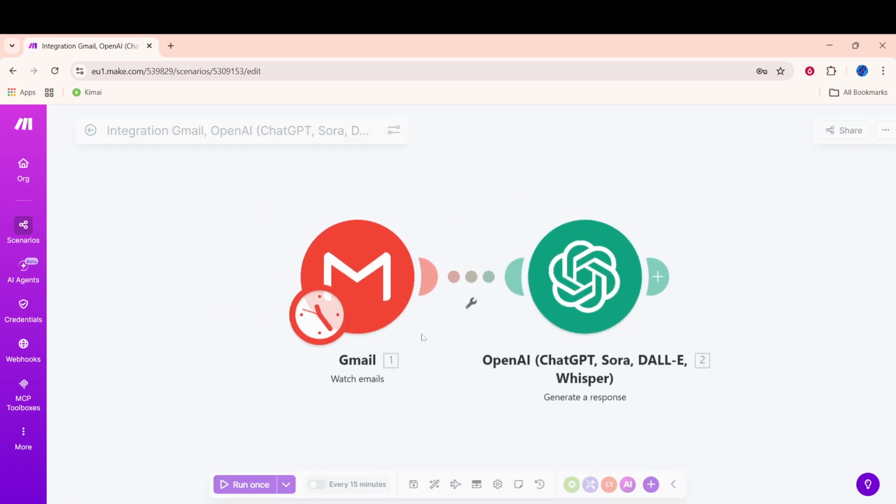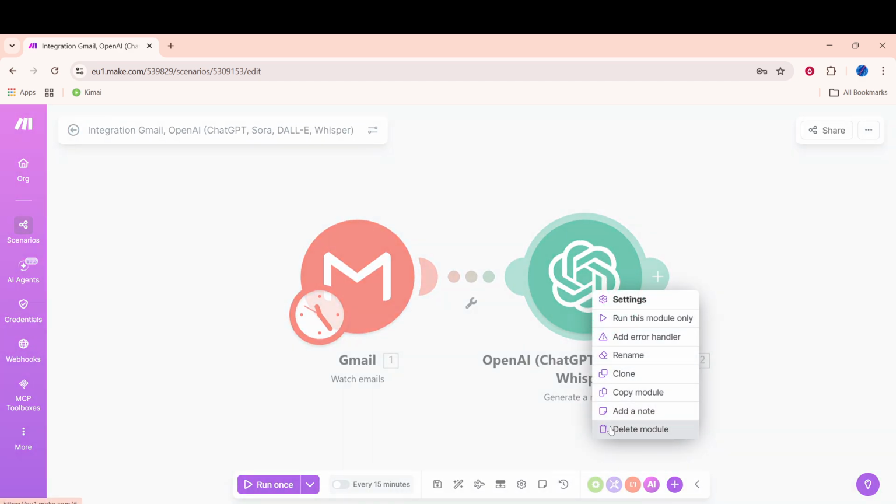Next, right-click the module you want to delete. A module is the individual block that performs a specific action or function within the scenario. Make sure you're right-clicking directly on the module, not on a connector line or empty canvas space. On a trackpad, a two-finger click usually opens the same menu, and on touch devices, a brief press and hold often works as a right-click. If your canvas is crowded, zoom in slightly so you can confidently target the correct module and verify its name